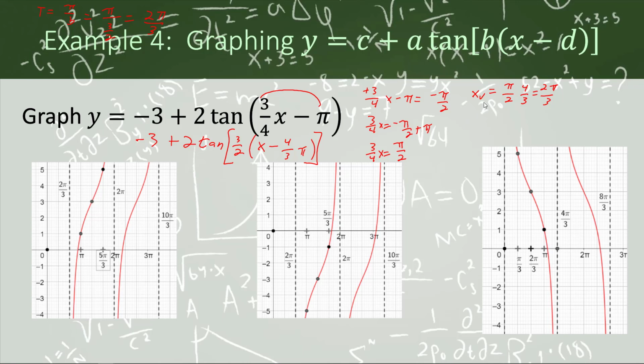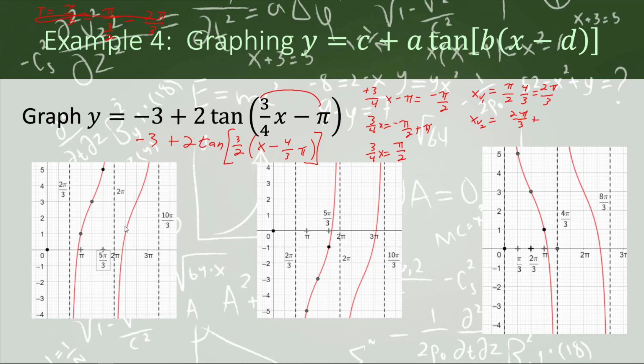Okay, so this is x v1. Now remember, the second vertical asymptote is one period away from that one. So x v2 is going to be equal to 2 pi/3 plus 2 pi/3. Well, it looks like I definitely made a mistake computing the